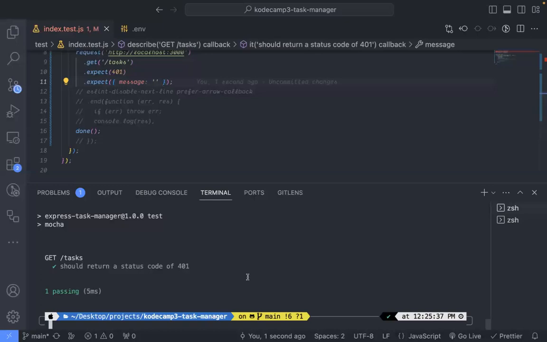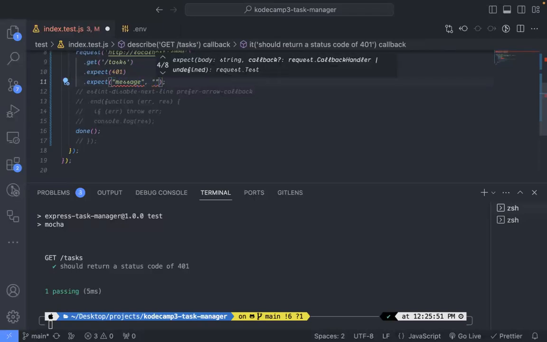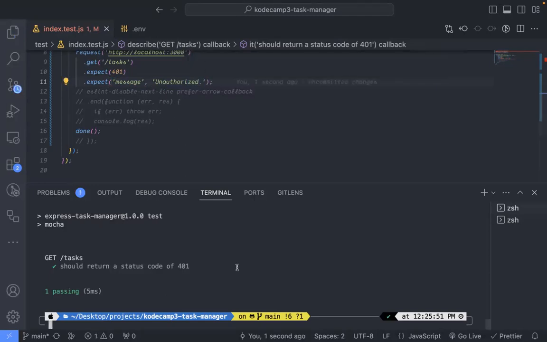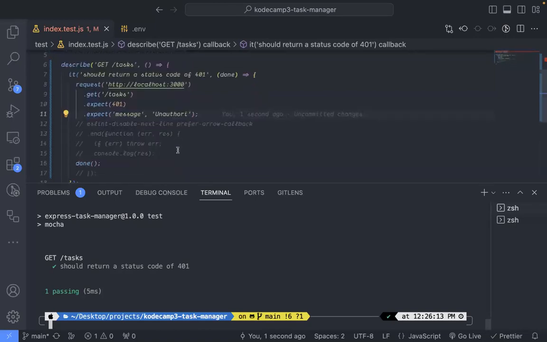Not sure what I'm doing. The test is supposed to be failing. It's like expect message unauthorized. Okay. Oops. And it seems I'm getting it all wrong here. I want to get access to the message, but that is not